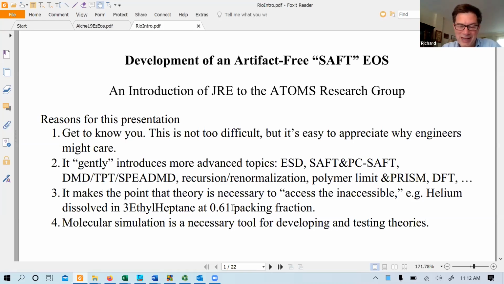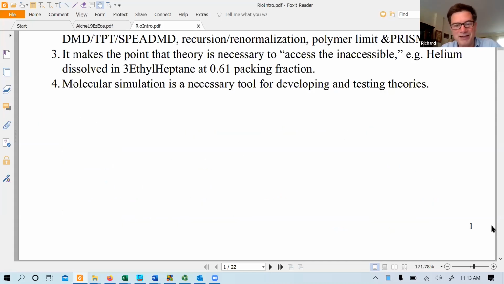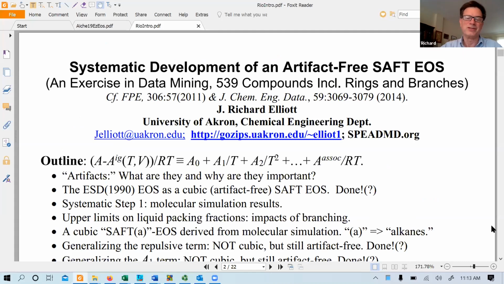So if we wanted to understand how the helium is performing as a molecule, as a Henry's law constant, for example, in 3-ethyl heptane at 0.61 packing fraction, we have no way of knowing what that is, except maybe by molecular simulation. We can simulate that. And then what is our theory going to be that we can use as a practical engineering tool? Because molecular simulation isn't really going to fit in a process simulator anytime soon. So those are some ideas that I wanted to get across in the course of this discussion,